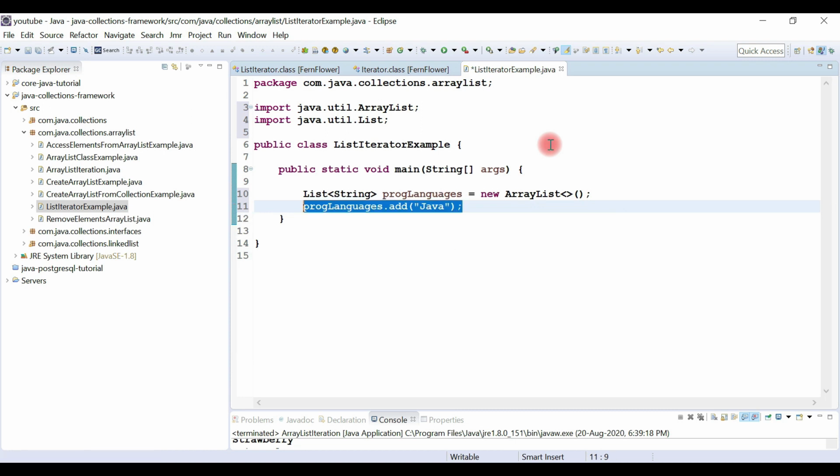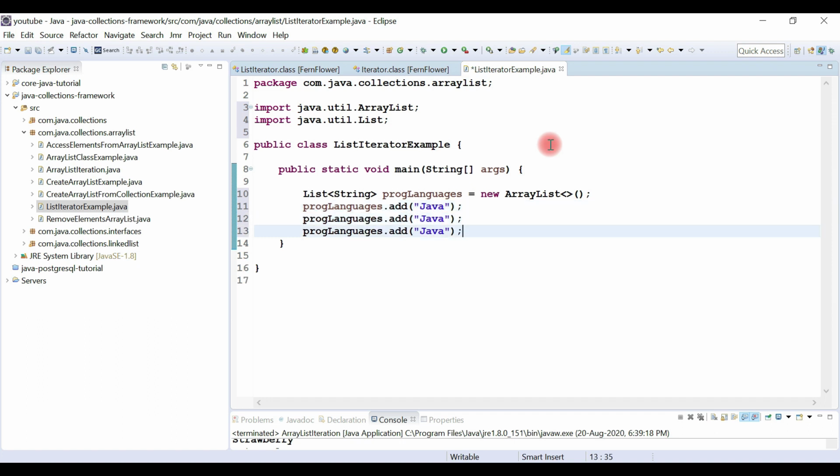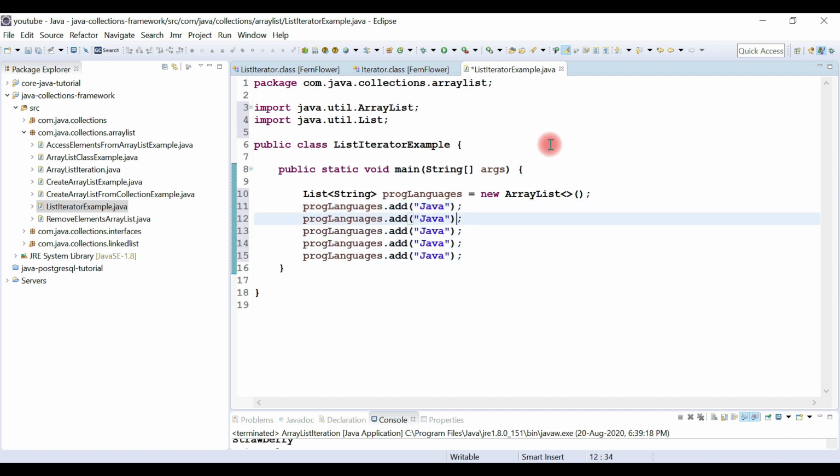Okay, and let's add a few more programming languages like C, then C++, then Python, and then JavaScript. Okay, great. So we have created a list object, and we have added a few elements to the list. Now we're going to use ListIterator to traverse the list in forward and backward direction.